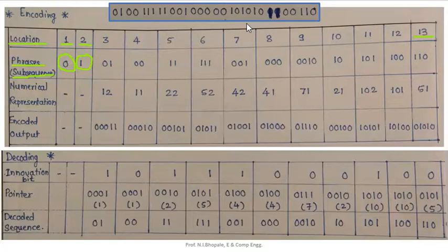Now let's have the formation of the phrases. When you analyze the bit stream, you will find that the first bit is already covered, that is 0. So if I form the combination of 0 and 1, it is 01, stored at location number 3, the subsequent location. Next, once this phrase is formed, we analyze the next bit. If I consider 0, that is already covered, so I need to go for the second combination.